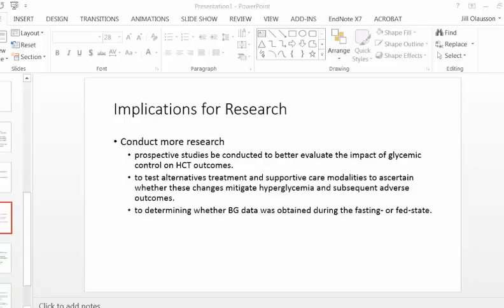So some of the implications for research were to conduct more research. Do conduct prospective studies where you can see if the blood sugars are being collected fasting or postprandial, and test alternatives to treatment. See if any of these, for example, not using TPN or using normal saline instead of D5W or something like that. So prospective studies would let us test these variables and see what kind of associations they had